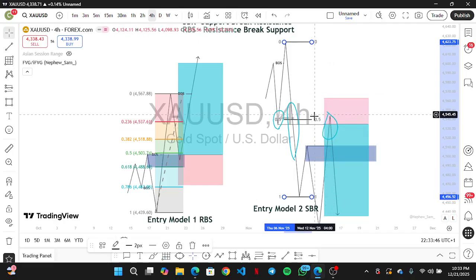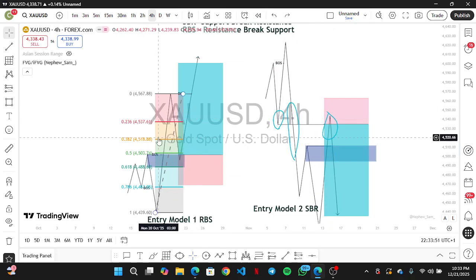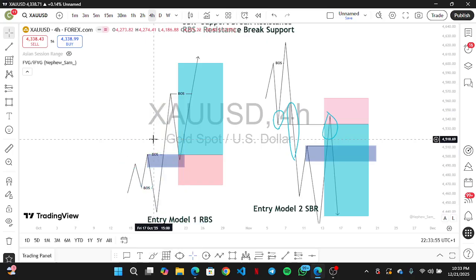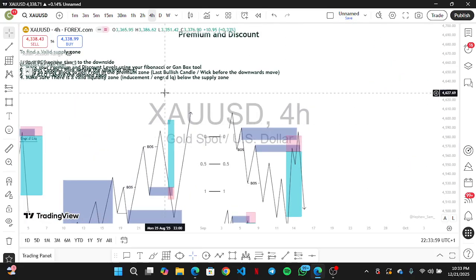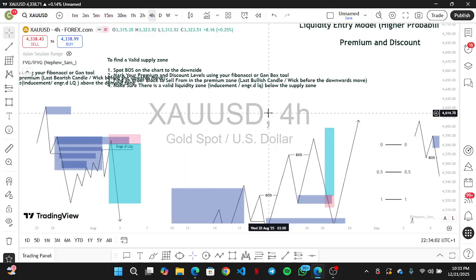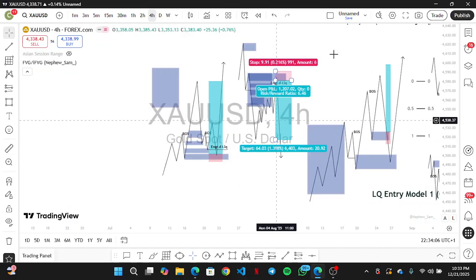Make sure the SBR is in the premium zone in the case of a sell. Both tools, Fibonacci and GAN, do the same thing. You can use them interchangeably, whatever you need for any scenario. So I've successfully now explained the entry models that I used, the two entry models, the engineered liquidity entry